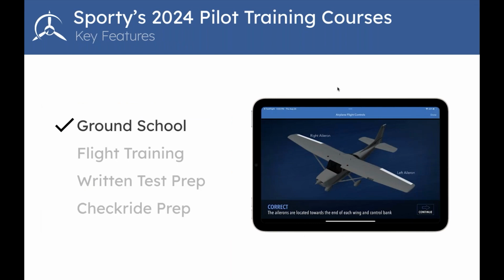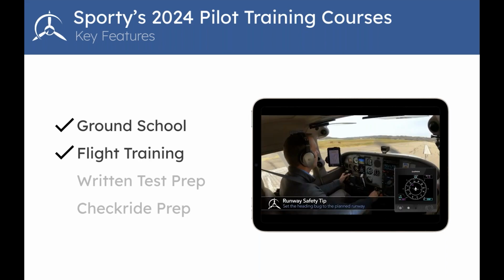et cetera. So let's talk about a couple key terms when it comes to training courses that are thrown around. We often hear about ground school, and that's what comes to mind if you were in a classroom or working one-on-one with your instructor to learn about the academic subjects like aerodynamics or sectional charts, airspace, aeromedical factors. That's all well covered in detail in our pilot training courses. Again, I think what really separates this product apart is the flight training aspect, and that you're going to go up and see in the airplane the controls, the airport environment, how to deal with real world scenarios, the flight training aspect. So it's not just preparing you for ground school, but it's also preparing you for all of your